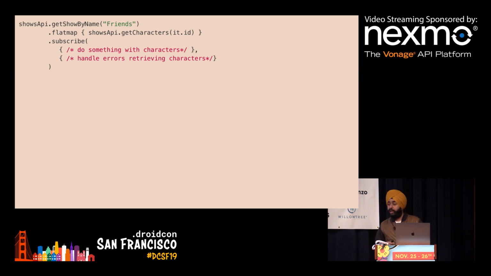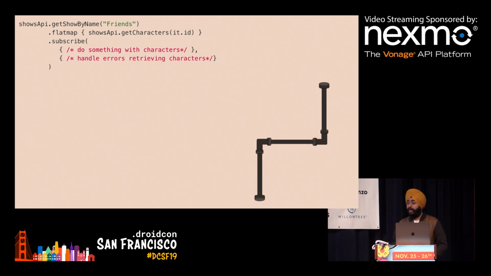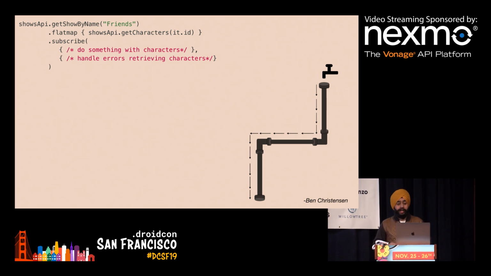So you can think of this like you are connecting some pipes together, which is your source stream. And as soon as you subscribe to the results, you let the water flow down, and the transformed water flows down and you consume it from below. This is a beautiful example quoted by Ben Christensen, who is one of the major contributors towards the reactive extensions